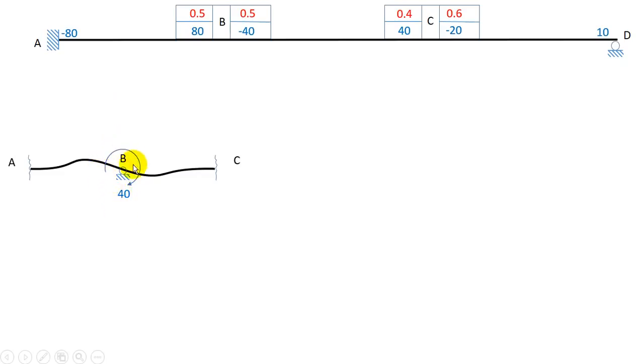If there is a clockwise 40 kilonewton meter on my joint, to balance it I'll have to put another 40 kilonewton meter, but this time anti-clockwise. Since anti-clockwise is negative, I have to put minus 40 here. Now you can see my beam has become straight again. In reality, we cannot simply put minus 40. The beam has its own strength. The beam is made up of certain material, be it steel, concrete, or timber, and it has its own strength. So this minus 40 is basically contributed by the beam itself.